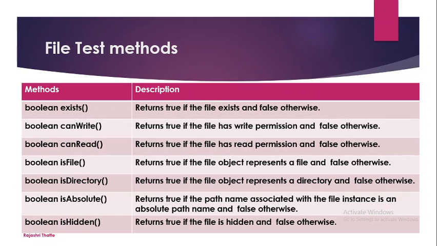Sometimes we keep some files hidden, so we can also check whether the file associated with our file object is hidden or not. Suppose I want to check whether abc.txt is hidden. I can check like this, with the f2.isHidden method. In isHidden, two words are present, I is small, H is capital. So I can call f2.isHidden. If that file is hidden, I will get the return value true. If it is not hidden, I will get false. So these are some tests which we can do on a file object.